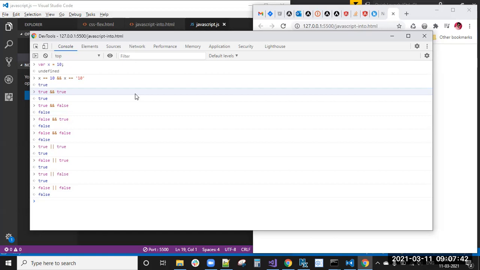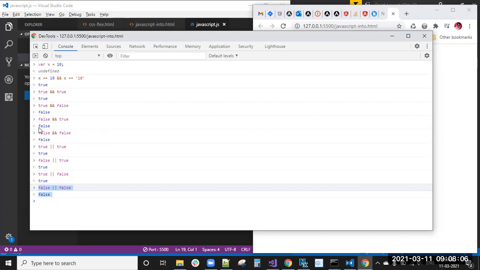And this is opposite in the or condition. Any one is true, then you will get true. If all are false means false you will get in and also, or also. Here all are true means you will get true. Here also all are true means you will get true. All are false means you will get false.